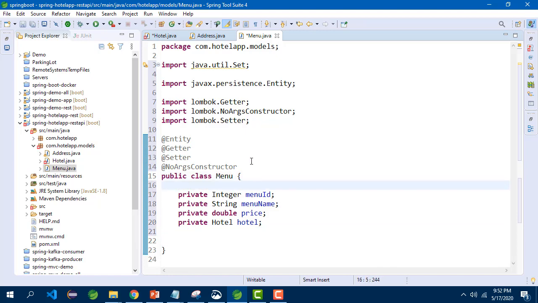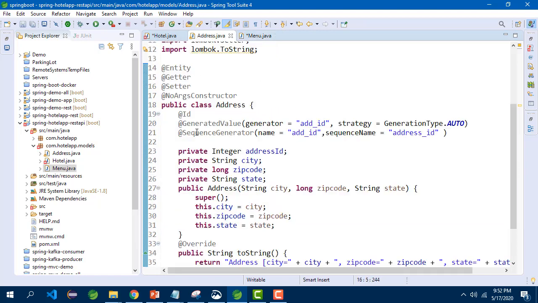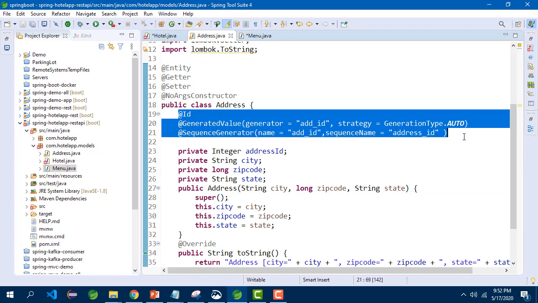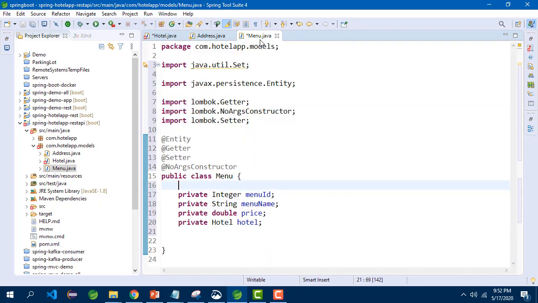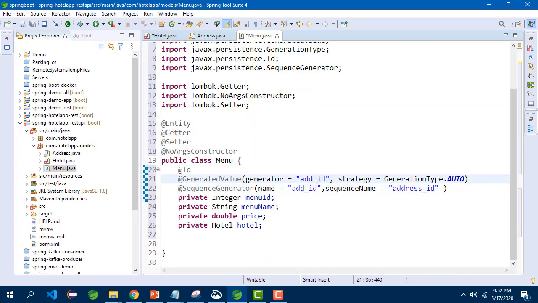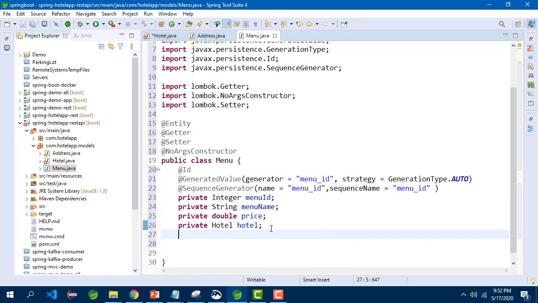Let us also add the annotations for menuID. I'll copy it from here. And the sequence generator name, we'll change it to menu_ID. Okay. Now let us have a parameterized constructor. In the parameterized constructor, we'll have only the menu name and price.